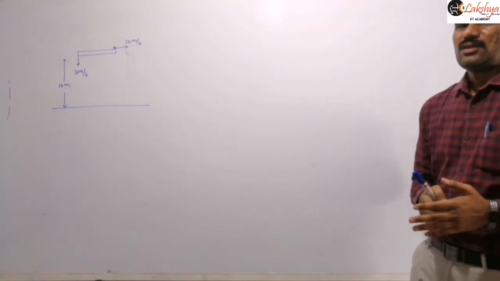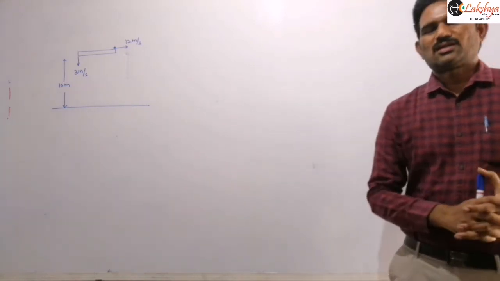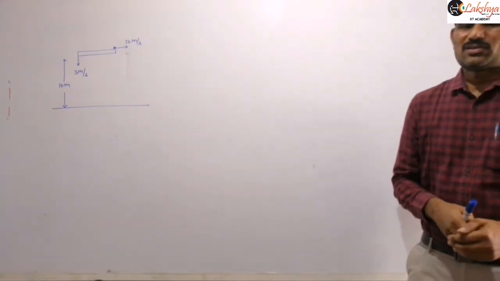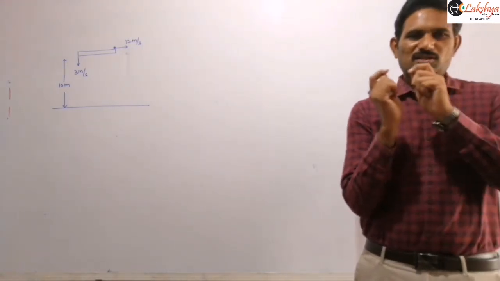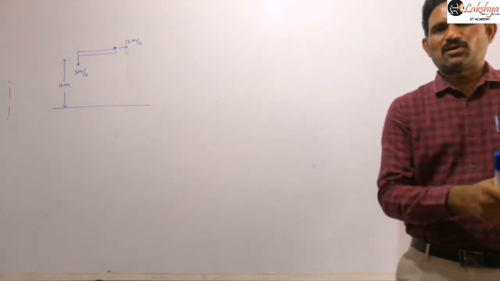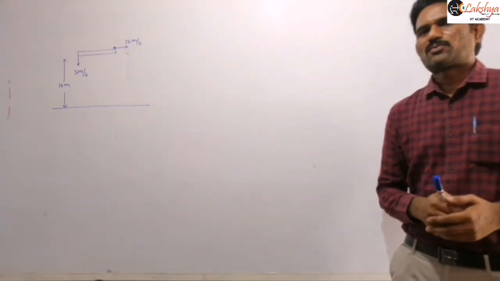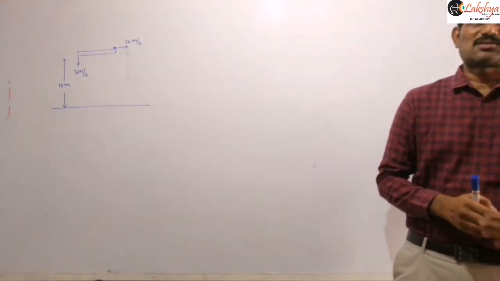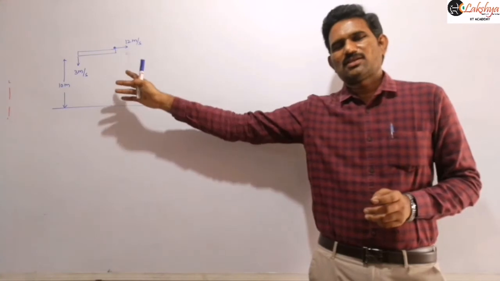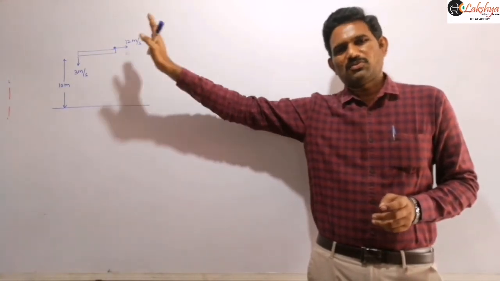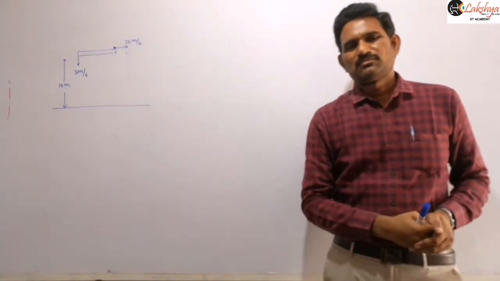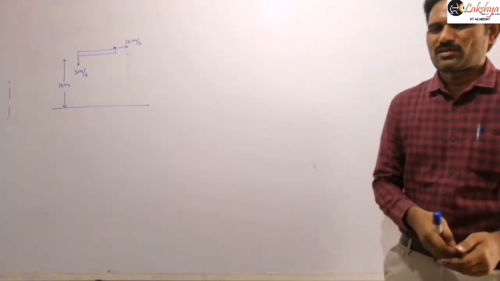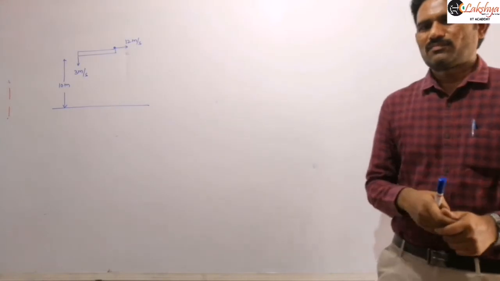So if you observe this problem carefully, it becomes similar to our projectile from the top of the tower, projected down the inclined plane, that means below the horizontal. From the oblique projectile, in the last class we discussed two cases: one is projected above the horizontal and the other projected below the horizontal. So now this is nothing but projected below the horizontal. So try and solve that problem yourself, or you can solve it by using our moving surface concept also, right?